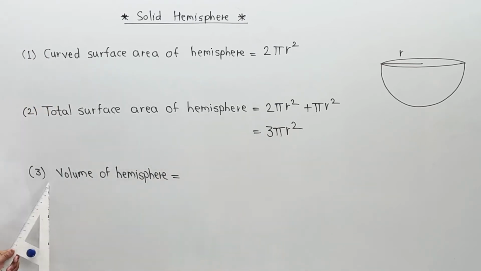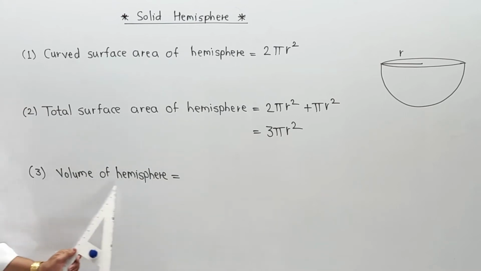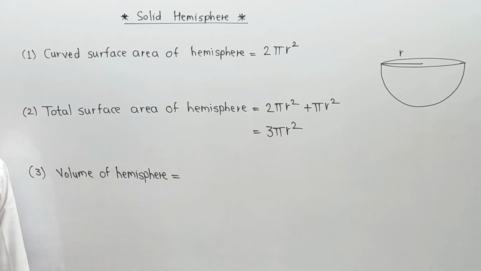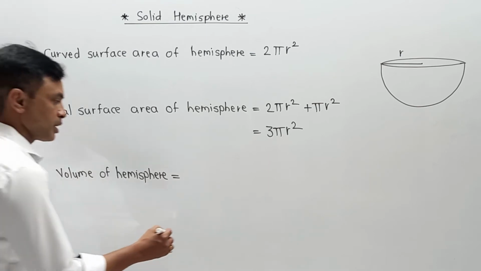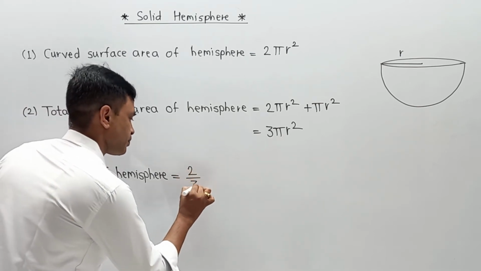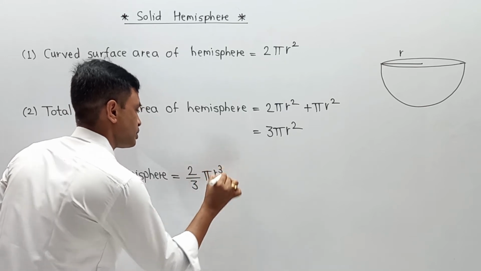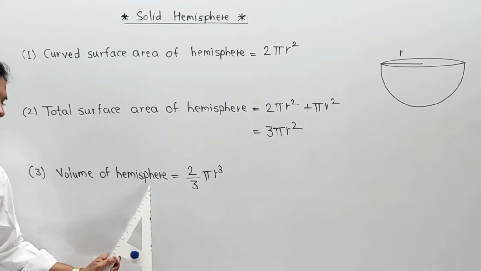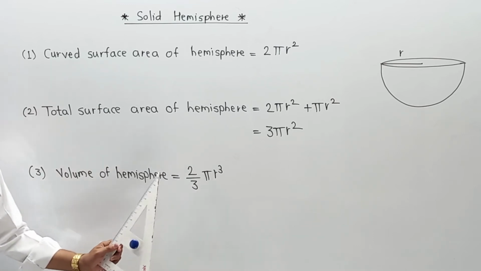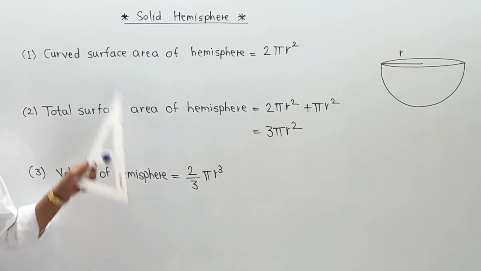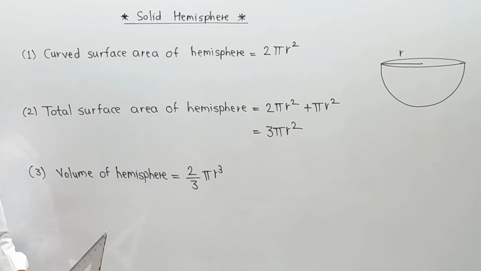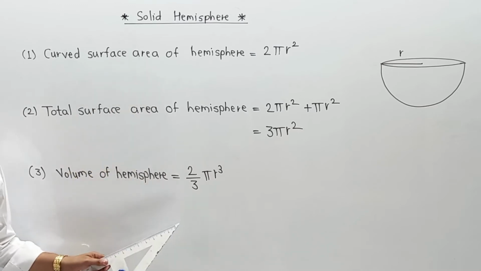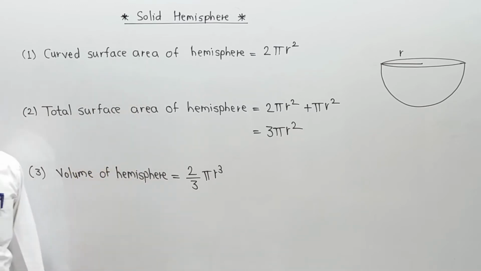Now the third part, volume of hemisphere. It is exactly half of the sphere, and that becomes 2 upon 3 pi r cube. Now these are the three formulae. Among them, the volume of a hemisphere is 2 by 3 pi r cube. Either the first, second or third, we are supposed to use these formulae directly in calculation, and with the help of these formulae we are going to solve exercise 9.3. So clear these formulae, learn them by heart, and be ready for numericals.